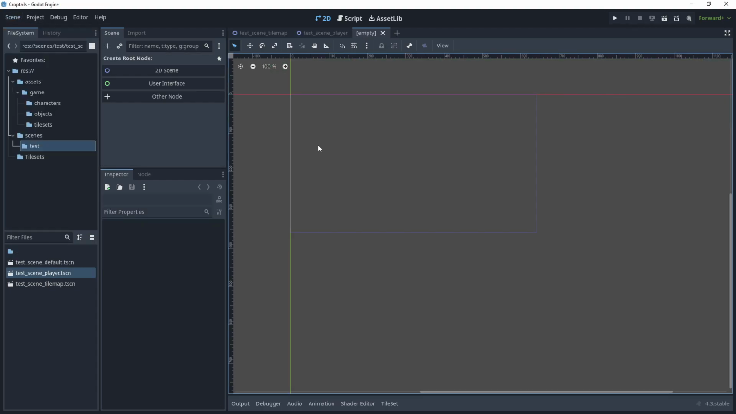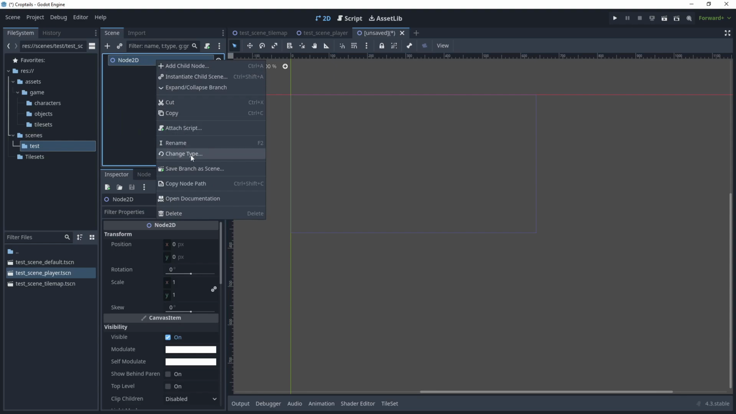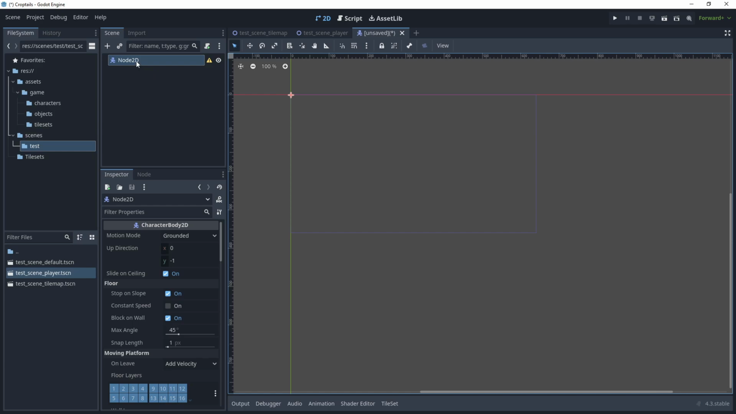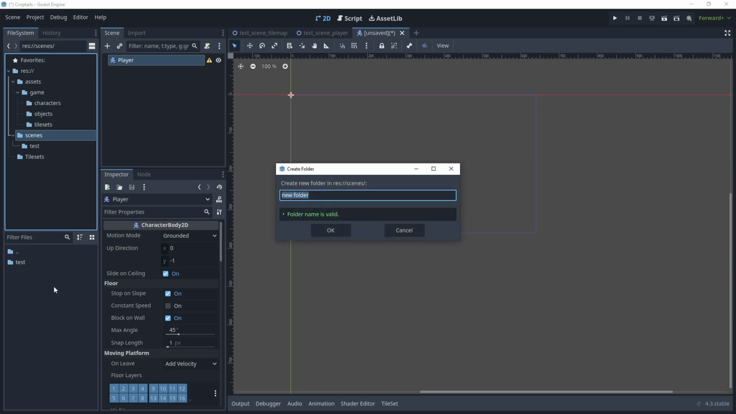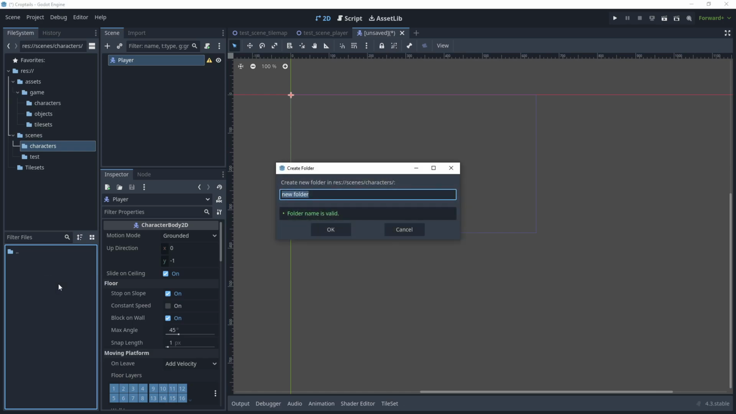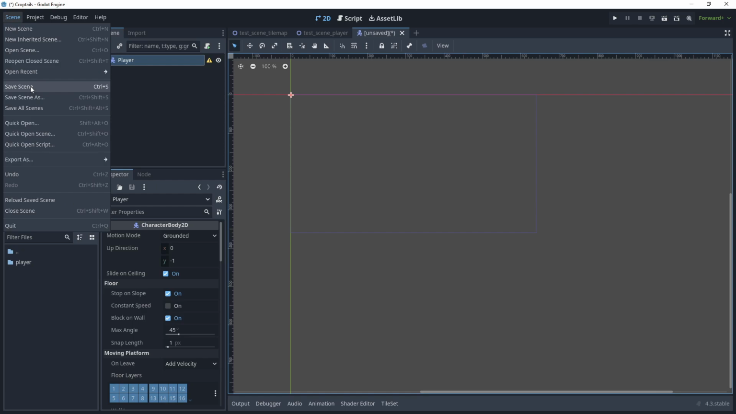So scene, new scene, a new 2D scene, and let's just change this type. So we'll use a character body 2D, and let's then rename this to player. And in the scenes folder, let's add a new folder, call this characters, click OK. In the characters folder, create a new folder and call this player, okay? And save our scene in the